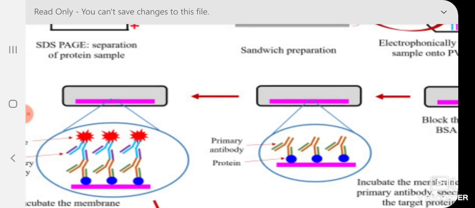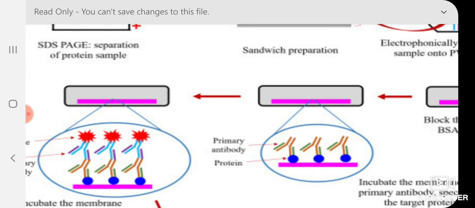After that incubation, we have to wash it properly. Remember, washing is very important, because we want the antibody to bind only our target protein, but unfortunately it will bind to some other proteins too, though that binding will be loose. If you wash it, that loosely bound antibody will be washed off, but where the target protein and antibody binding is there, it is very strong and cannot be removed by simple washing.